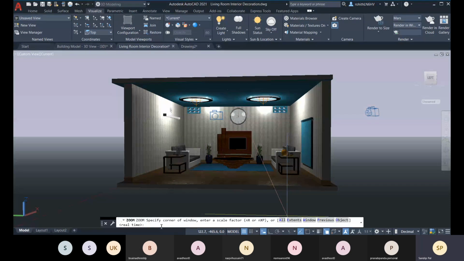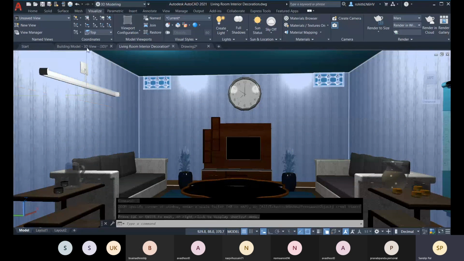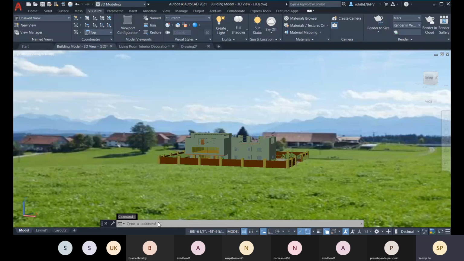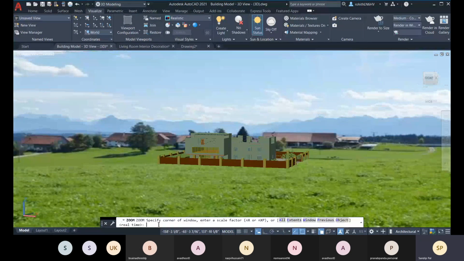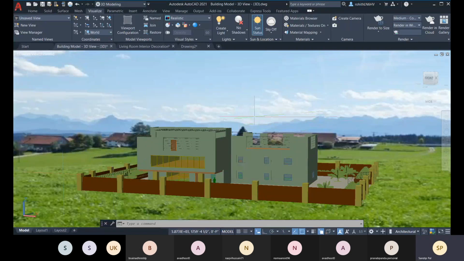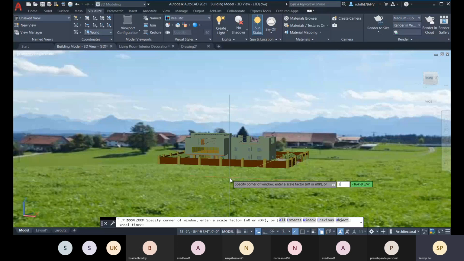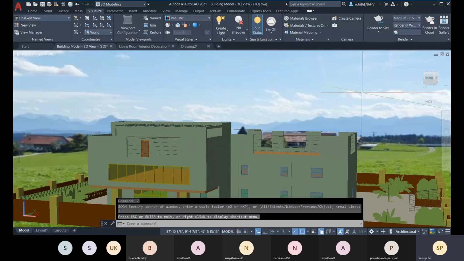So what you can do, you can just type that, like let me go for 2 and press enter, and there you can see 2 times it is zoomed. So you can just simply go for the value. You will not find the scale option. You can just type Z enter, and simply type the scale factor. Let's go for 2, and here you can see 2 times it is zoomed. Okay, so that you can simply do it. Z enter, and then you type 3 enter, and it is 3 times zoomed.